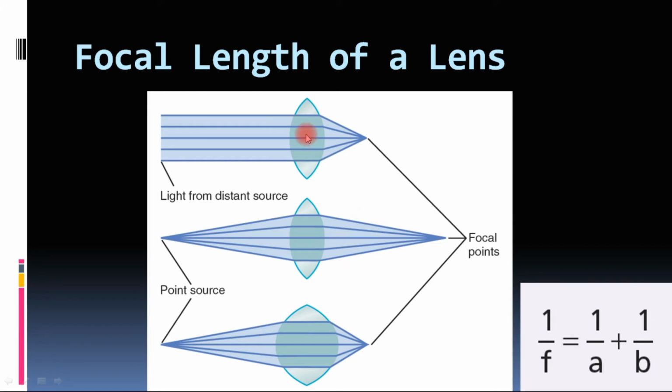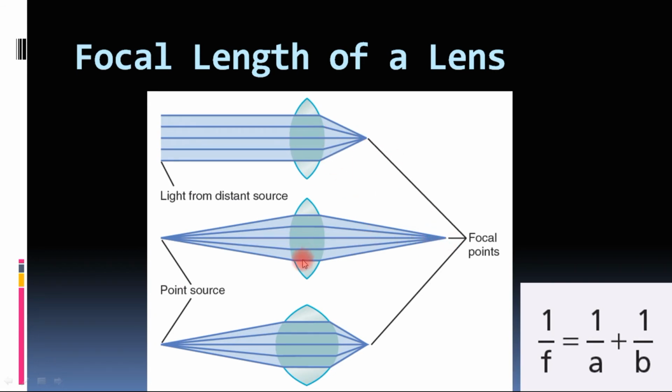So what is happening here is, in the first diagram we spoke about the parallel light rays, but if the source of light or the point source is near to the lens, the light rays will not be parallel, the light rays will be diverging. So these diverging light rays will then pass through the lens and will converge on a different point. As you can see, the point is farther than the